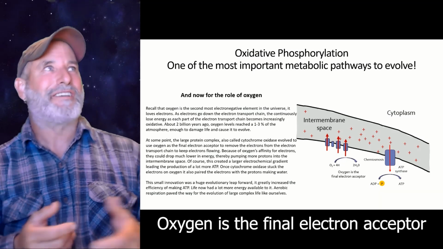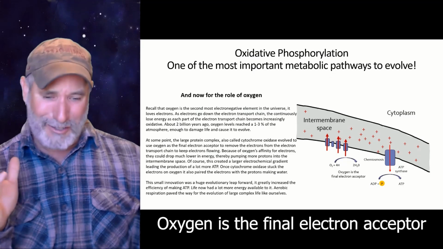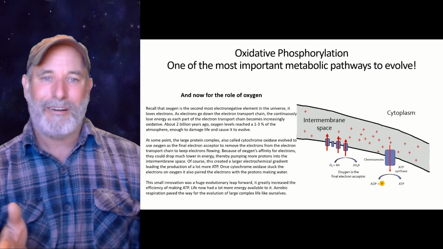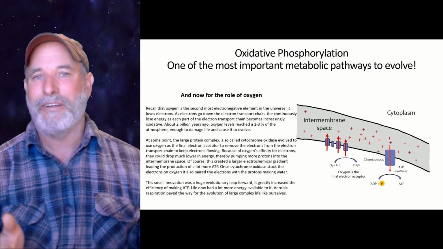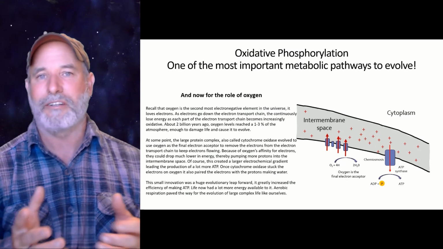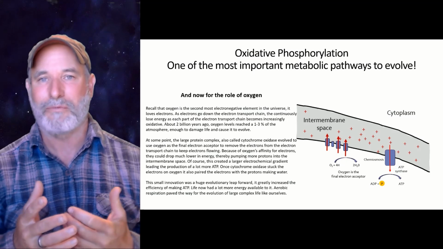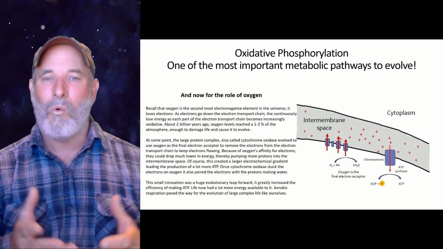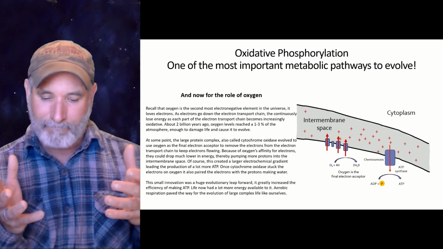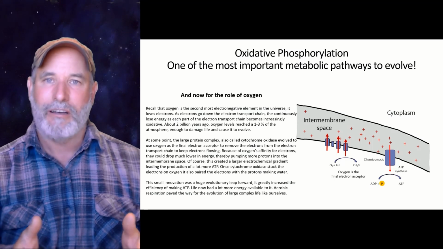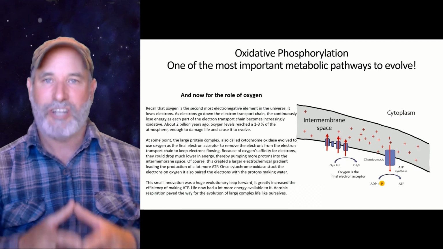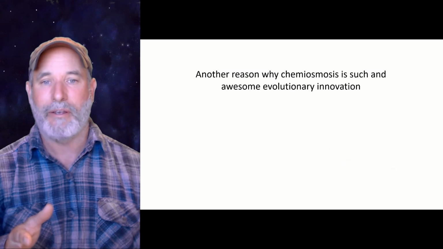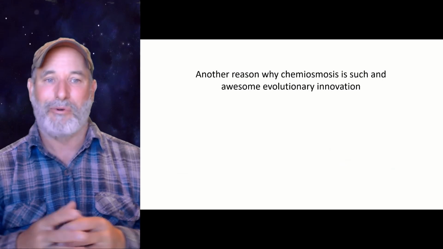Now all of a sudden you've got this molecule in your cells oxidizing everything. Let's put it to work. You put it to work, you get a lot more ATP, and then in the end you make water. And of course water is basically a requirement of life. It's harmless for life for the most part. Wow. Isn't that amazing? That one little evolutionary innovation of sticking electrons on oxygen changed the world. And it paved the way for multicellular life. I mean, that's why it's so important.